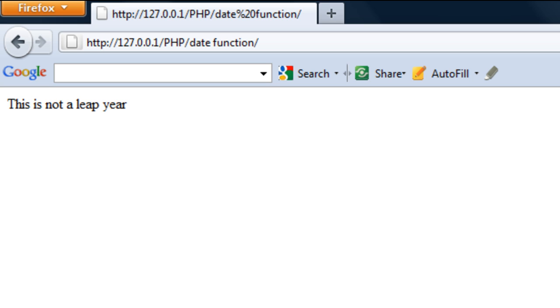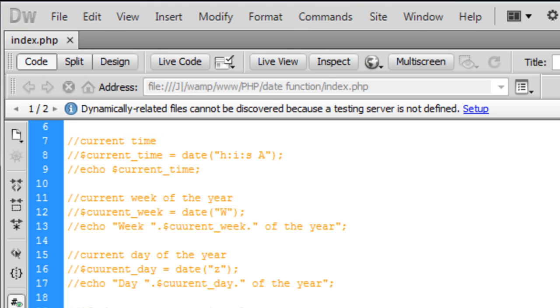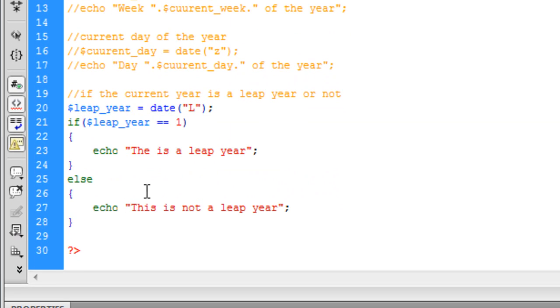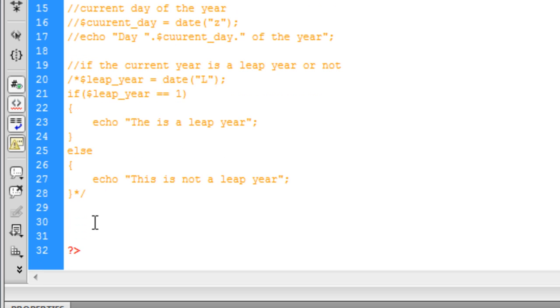Now I can't really test this because I can't actually put forward time for a leap year. So the only way to actually fully test it out is if you wait until a leap year is around and see if this is a leap year appears. But it should do, because it's just a very simple if statement. So if I just blank all this out and go on to another one,